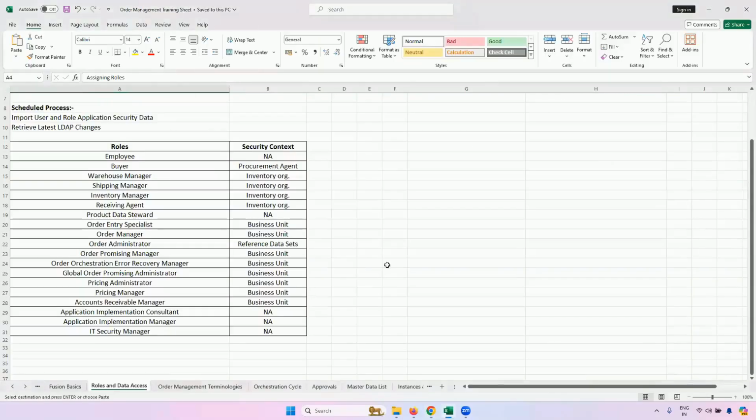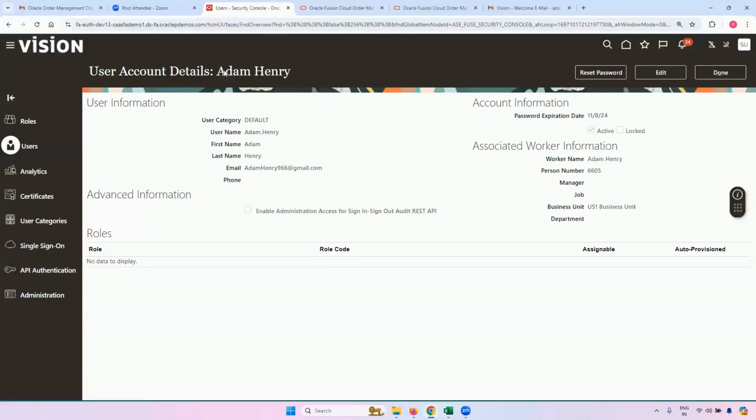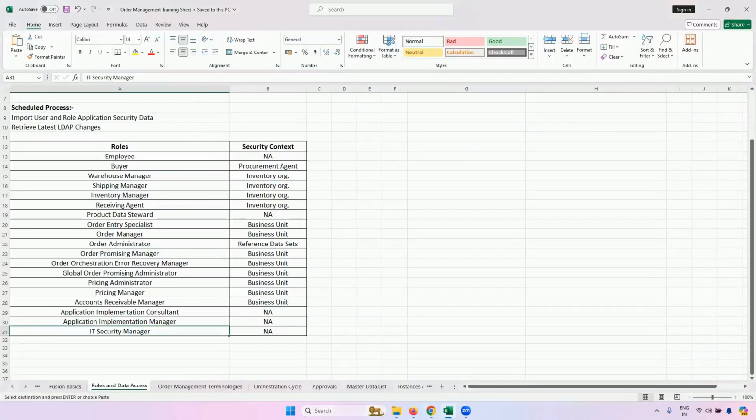I was coming to the roles and data access that give you access to the security console. This is a role, IT security manager. If any employee or person has this role, IT security manager, he will be able to access the security console. There is also a role required to configure anything, which is application implementation consultant.